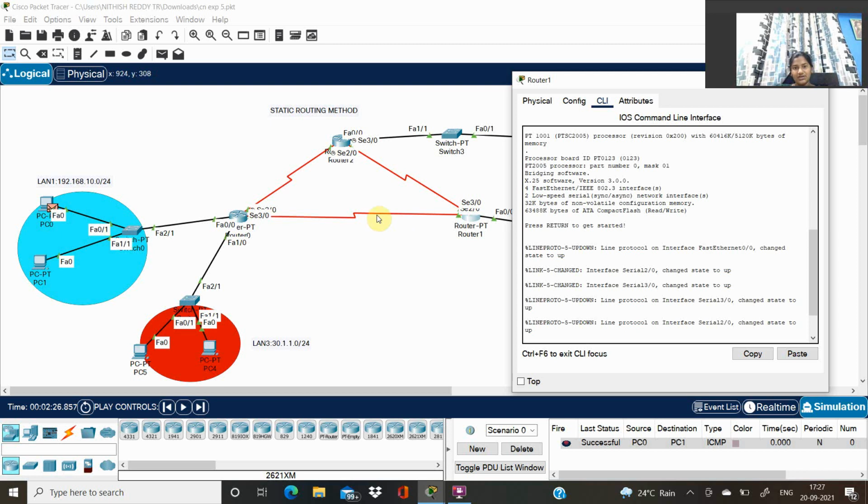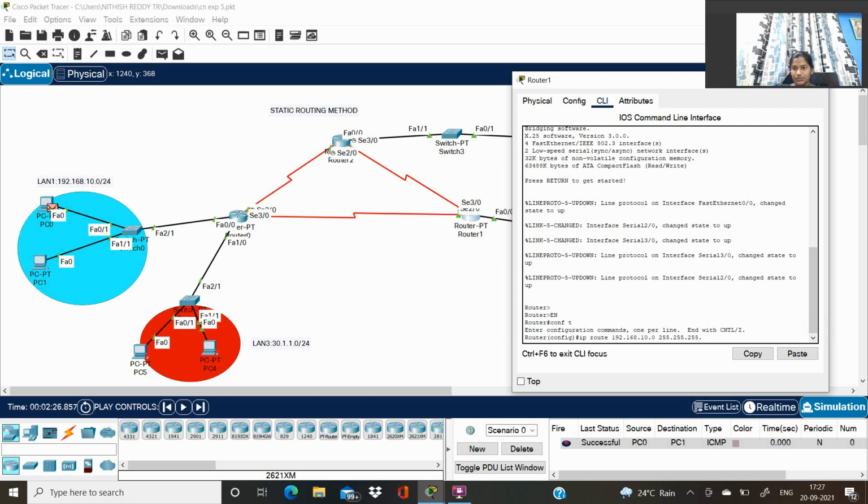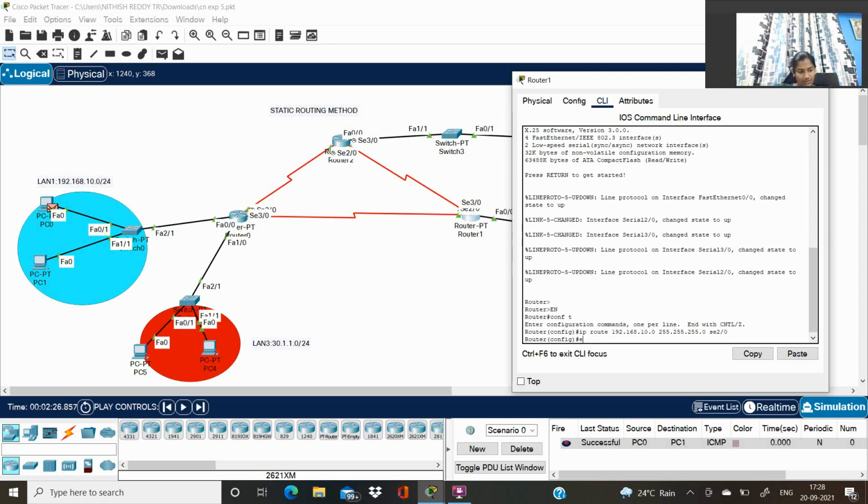It is connected through serial S2/0, so we have to give serial 2/0. Then we have to end it.